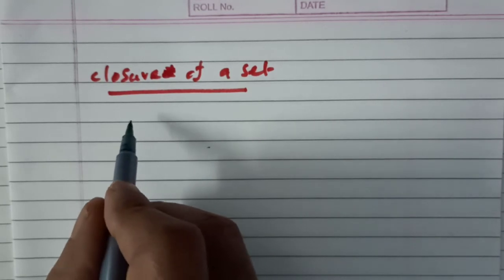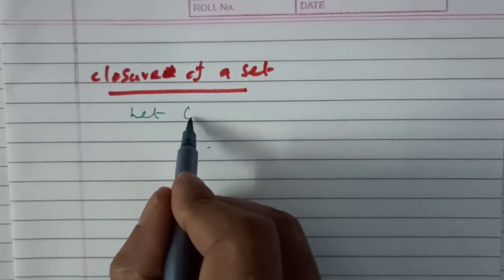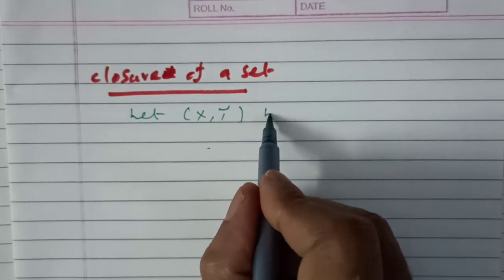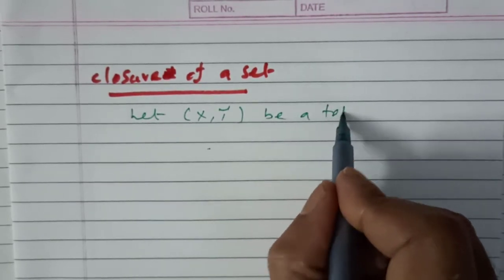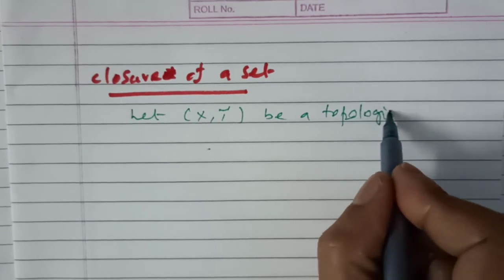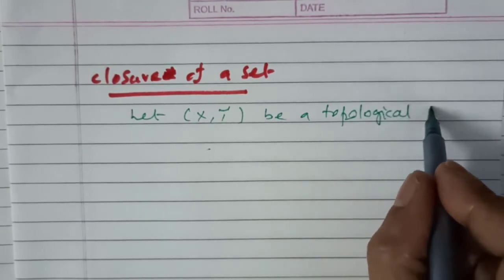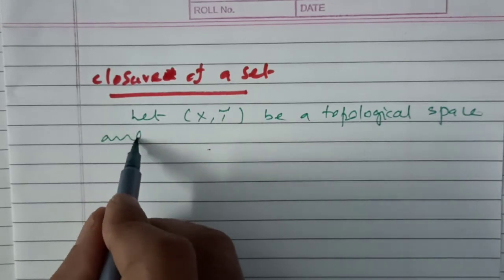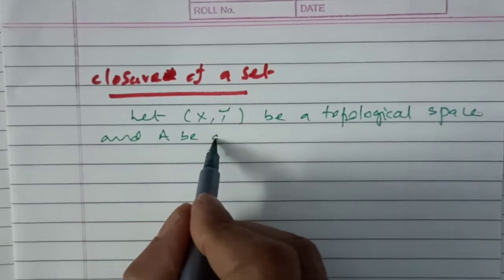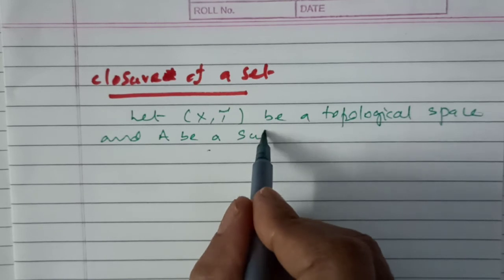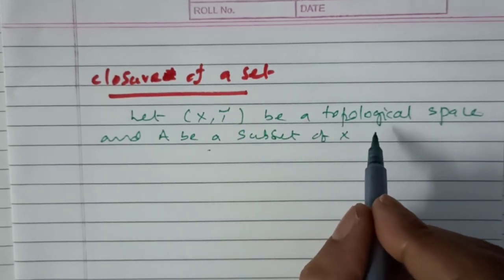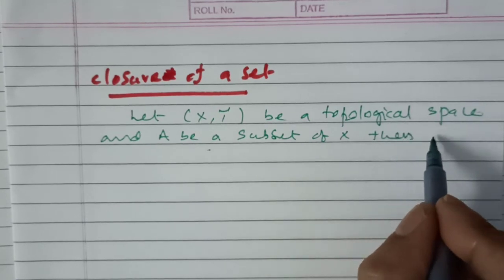Let X comma tau be a topological space, and capital A be a subset of X. Then the closure of A